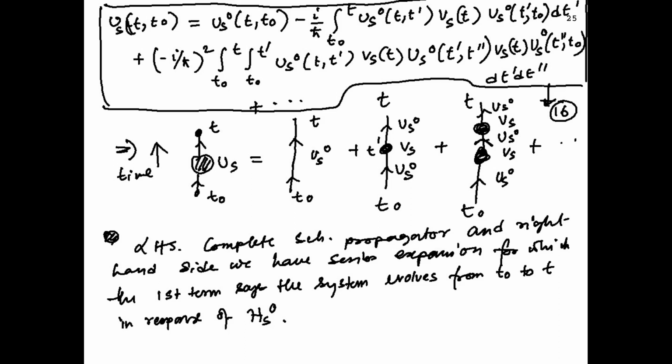So the take home part of this exercise is to remember or understand this formula 16, which is the Schrodinger propagator, which takes you from t naught to t, expressed perturbatively in terms of the unperturbed and perturbed parts of the Hamiltonian. The unperturbed part is H0, which is responsible for the propagation, which is hidden inside U_S0, and the perturbed part is this V_S(t), whatever the perturbation is, and this is written in a series expansion form. Each of these terms will have a coefficient, where the expansion parameter is i by h bar.